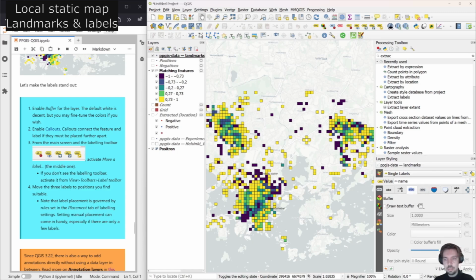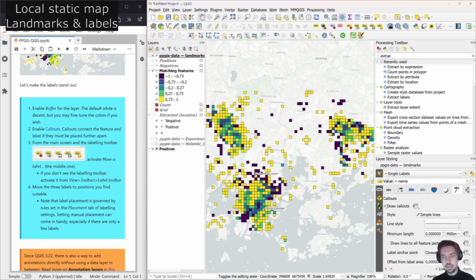So first we can enable buffers. So that's this white buffer around texts. Then we can enable callouts, which is a cool feature. So you can see that these labels overlap with our data a bit. So with these callouts, we can move them around to a more suitable location. So if you enable them, then you can move them around from this